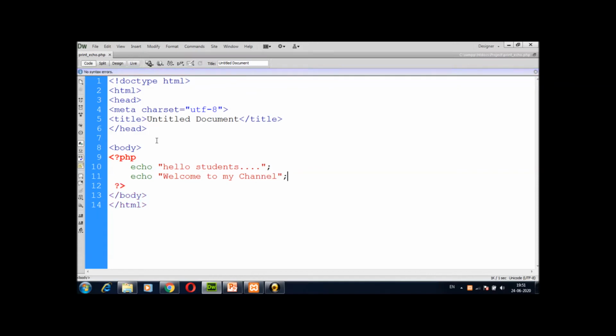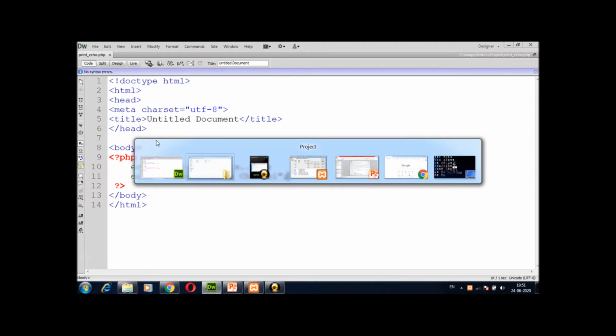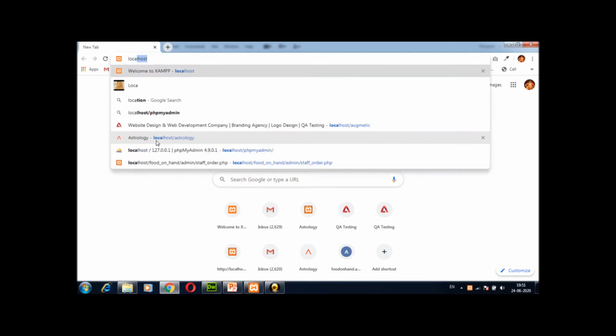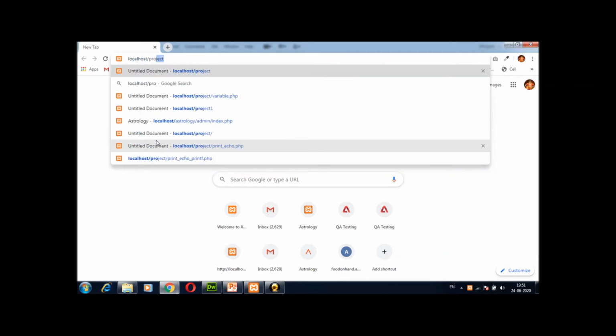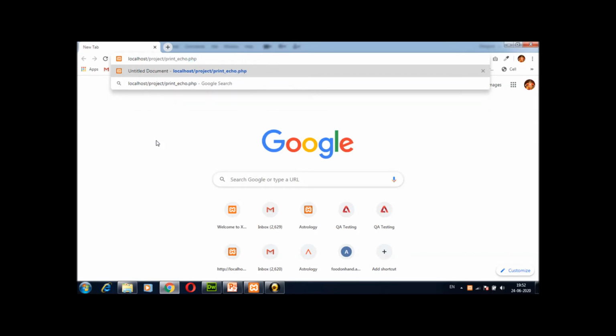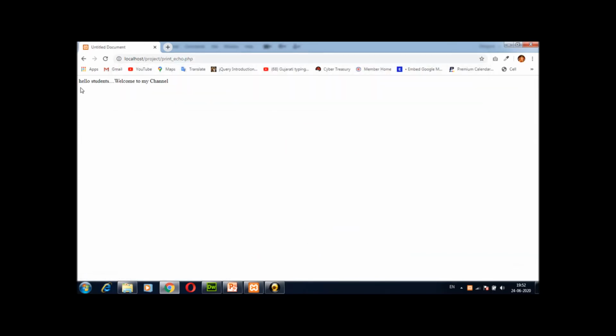Now check these two statements in our browser. I go to the browser and write here localhost. Then my project name is project and slash page name is print_echo.php. So my two statements are printing here: hello students and then welcome to my channel.